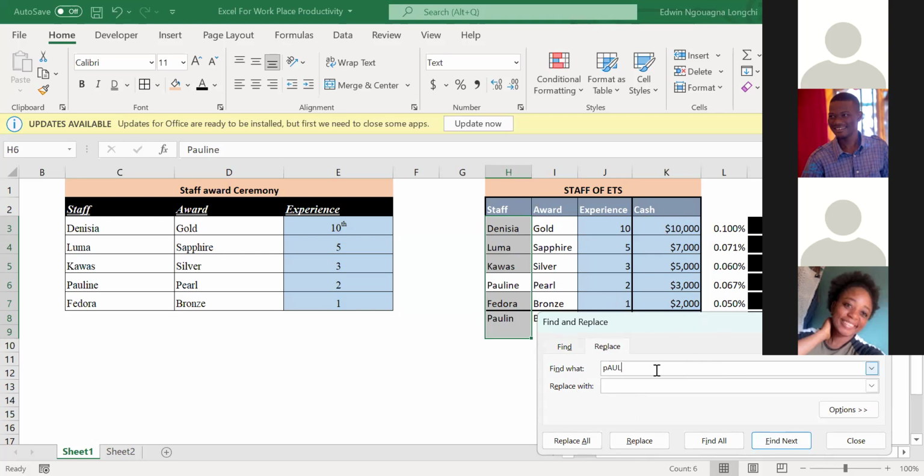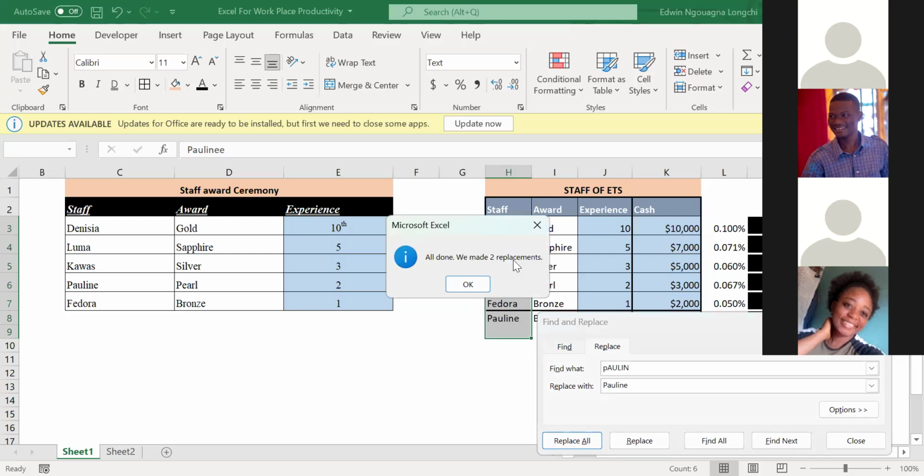Now I see Pauline without E, and I want to replace it with Pauline with an E. So I type replace with, then I take Replace All. It says all done. We made 2 replacements.